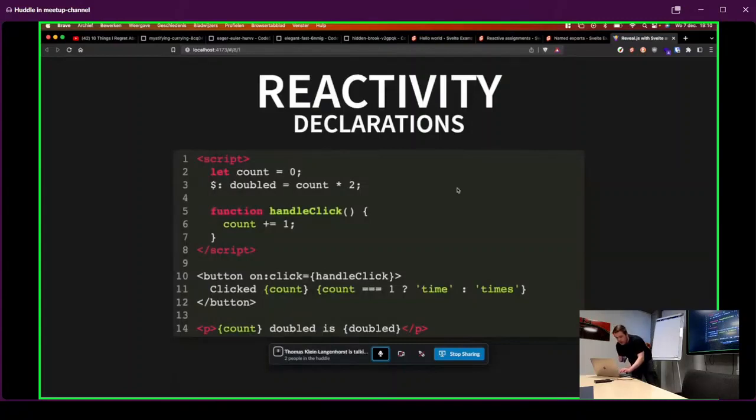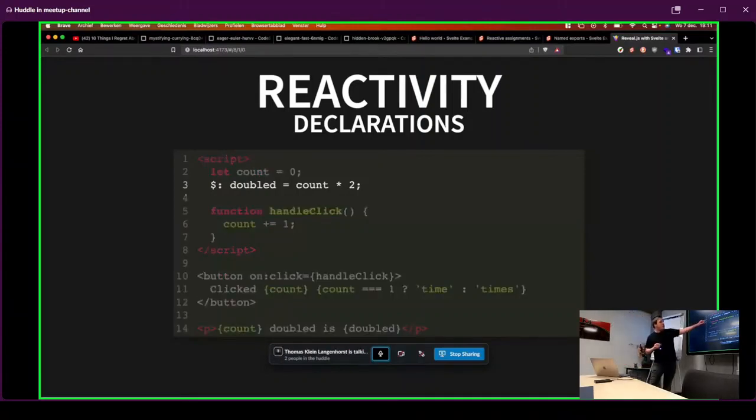You also have special declarations, like for example, this one. Does somebody know what this means? The little dollar sign? I think it's a shorthand to execute a function or something. Like if you access it, it will do the thing that's behind the equal sign. Yeah, you're close, but